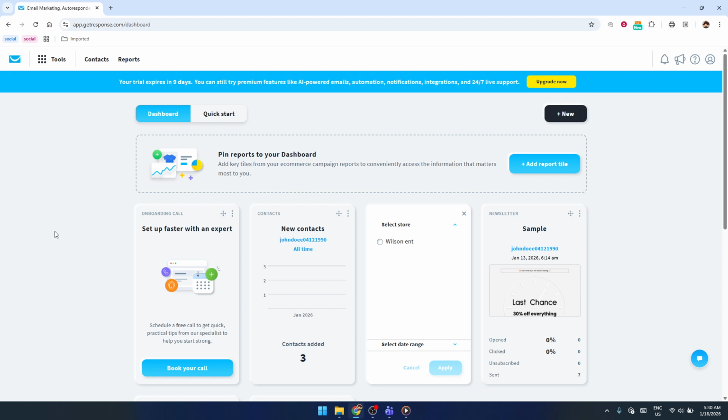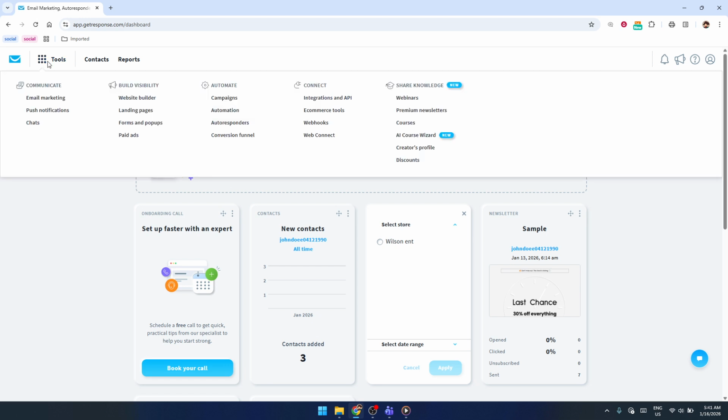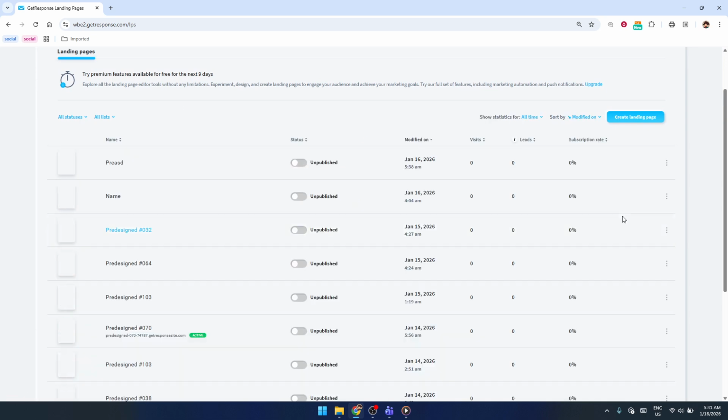Once you're in, look for the main menu and go to the section called Tools. Under Tools, you'll see an option for landing pages. Click on that to open the list of all the landing pages in your account. From this list, find the landing page where you want to add your privacy policy. On the right-hand side of that project, you'll see an option to edit the page. Click Edit Page, and this will take you into the landing page editor, where you can change the content and